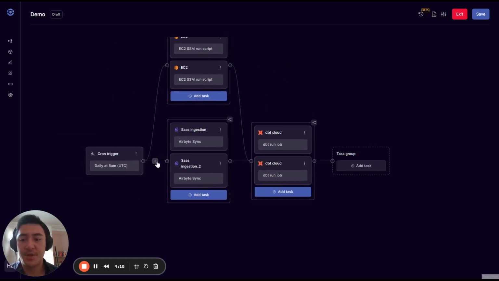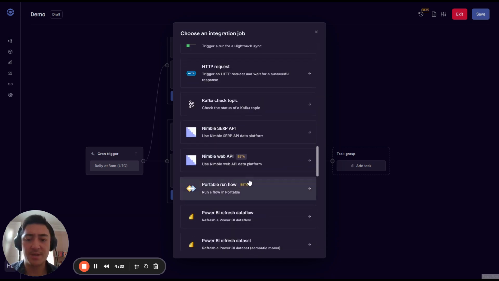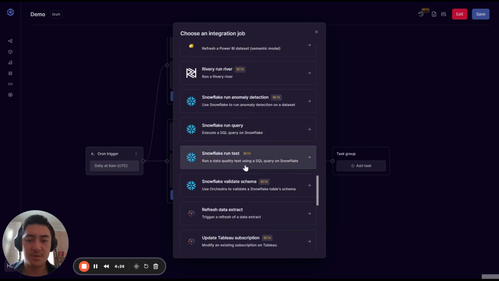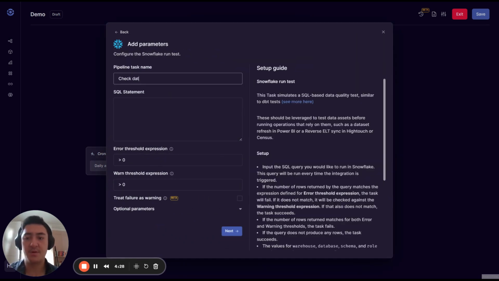All right, say you want to do something just before, right? Maybe I'm ingesting data to Snowflake and I want to run a Snowflake data quality test. If you press this plus button, you can add a task. So let's run a Snowflake test. Show data is okay. Select star from table where condition equals